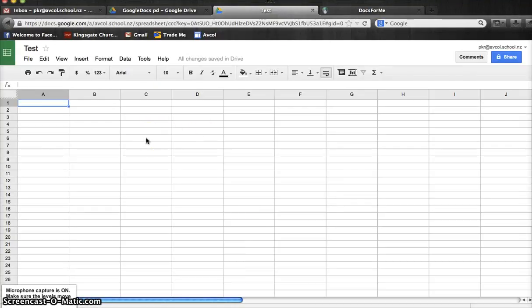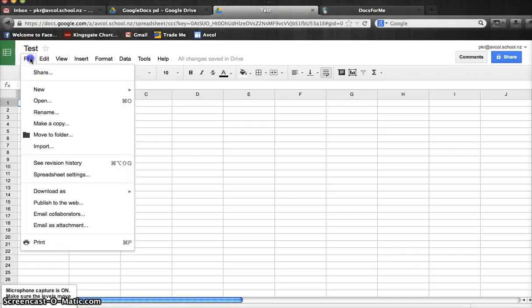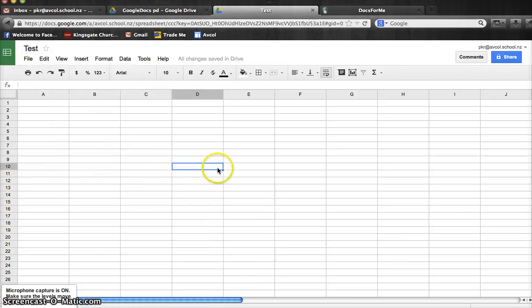Now a spreadsheet is very similar to Microsoft Excel. Again, you can download it as a Microsoft Excel document, and it contains all different cells. There are a couple of things that you can't necessarily do within spreadsheet, which you can do in Microsoft Excel, and you can work out those as you go through. What is really useful is that all the basic formulas and features are found on spreadsheet, so you can add